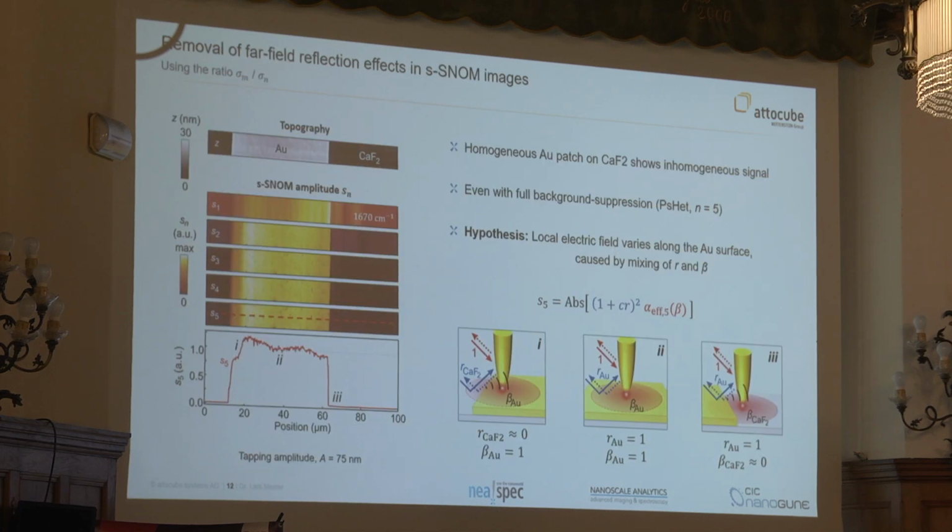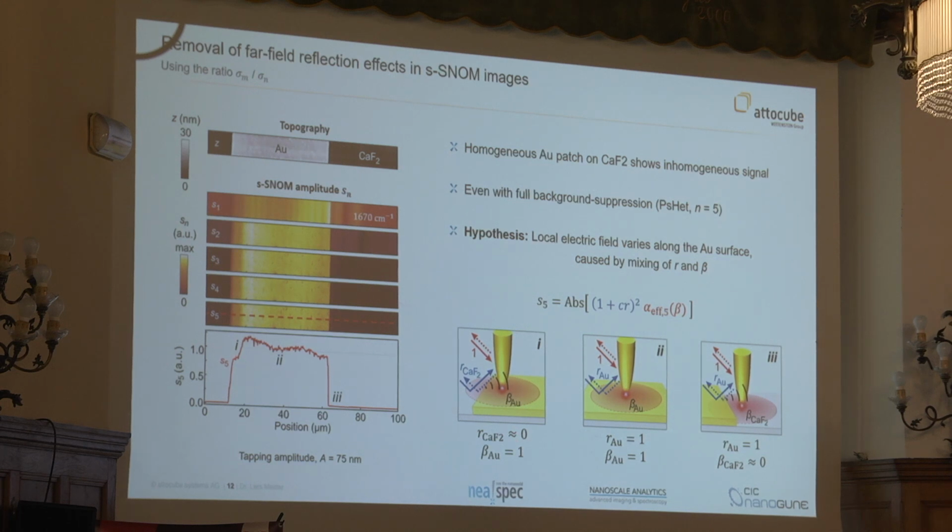And here I show an example, one from the introduction slide. It's just gold on calcium fluoride. You would expect a really flat signal. We observe this. For example, at position 2, we have a very strong near-field interaction. Here, this beta is 1. A very strong far-field contribution is also 1. It's a very strong signal. At the edge, the near field is the same because we're still on the gold. But the far field is now on the calcium fluoride, which does not reflect. So it's small, and that's why here